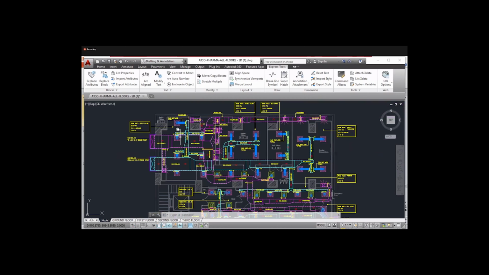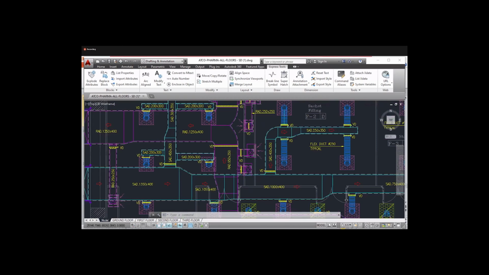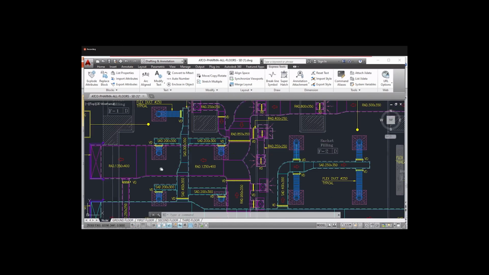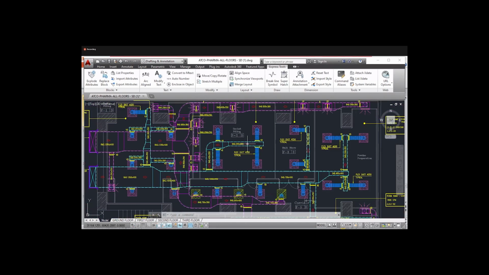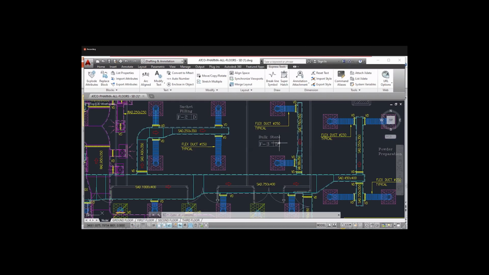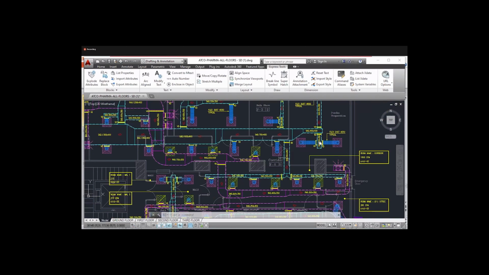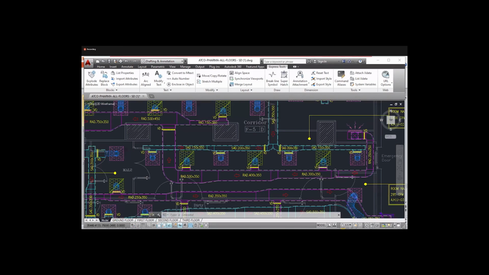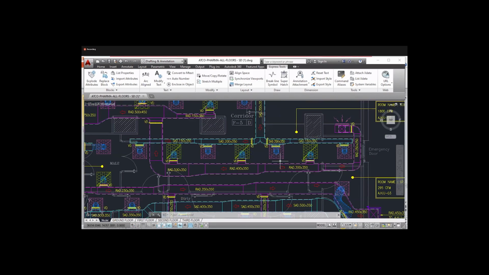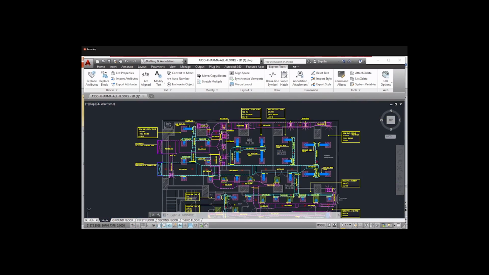So this AHU is supplying to this room, the sachet filling area, bulk store, powder preparation, corridor also, and this room. We have to add the total CFM so we can know the total AHU CFM.